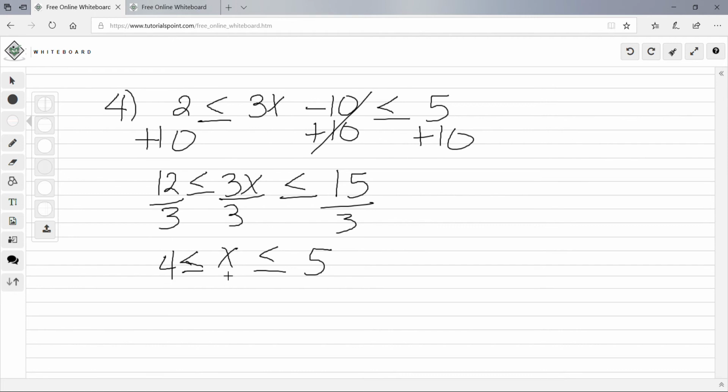So if this looks confusing, we can rewrite it. What it's really saying is x is less than or equal to 5, and then this is like the opposite. Instead of less than, it's really saying x is greater than or equal to 4. So this part stays the same, but this one is flipped. You need to really know how to evaluate it, because when we graph it on the number line,